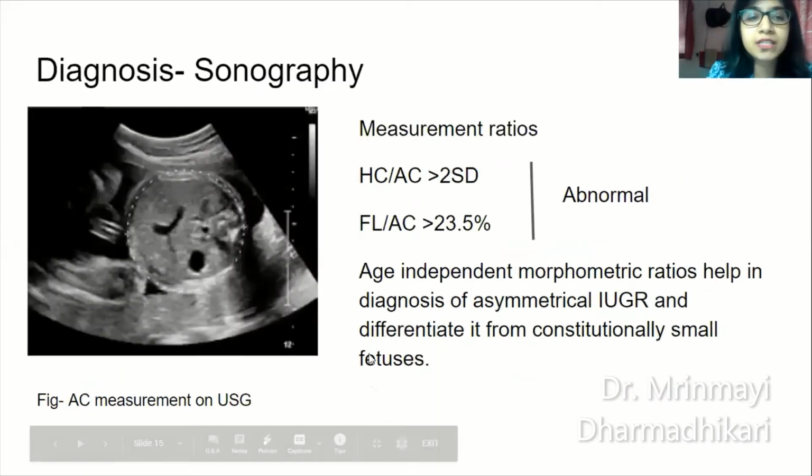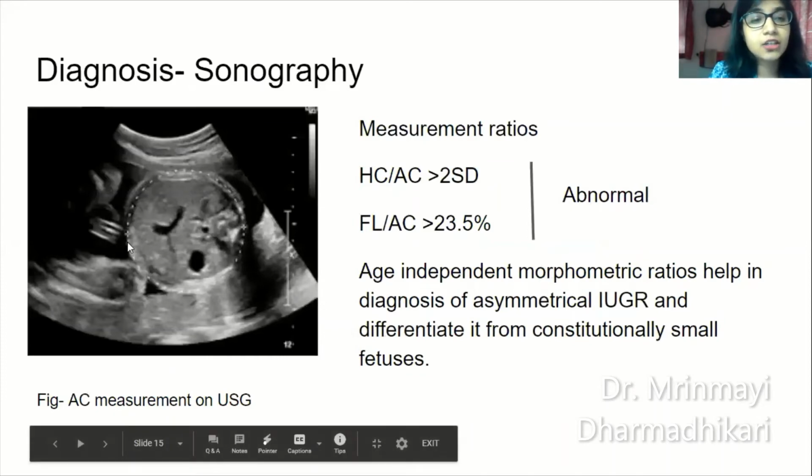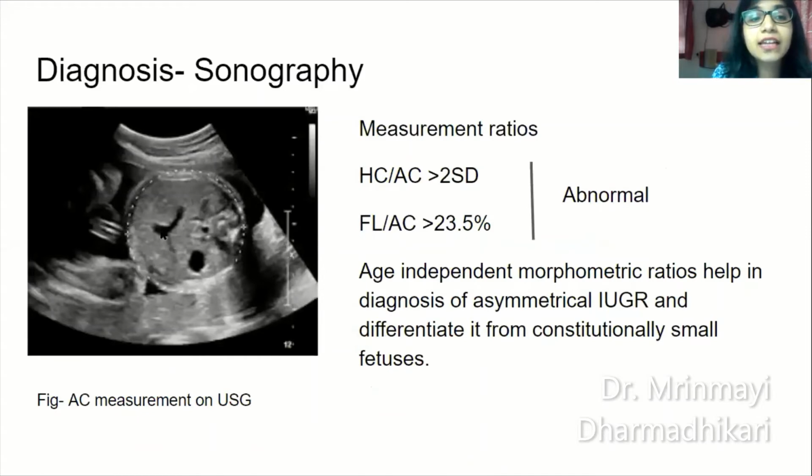So how do you measure the abdominal circumference on ultrasound? It is a cross section or a transverse section through the abdomen at the level where the portal vein branches into its 2 branches. Okay, so it gives a typical boomerang appearance or a sickle appearance. Secondly, in this cross section, you must be able to see the stomach bubble or the fundic bubble as well as the fetal spine. Okay, so this is the cross section at which you should measure the abdominal circumference, for better accuracy.